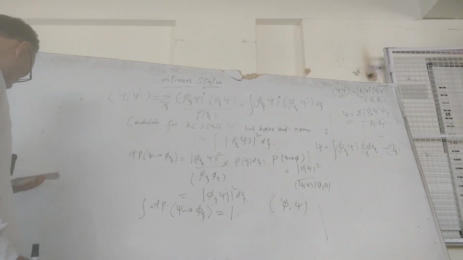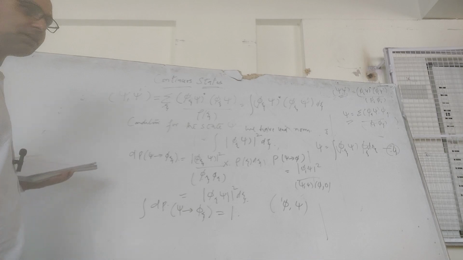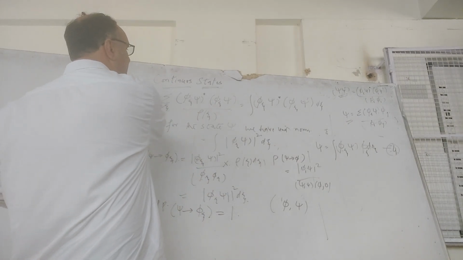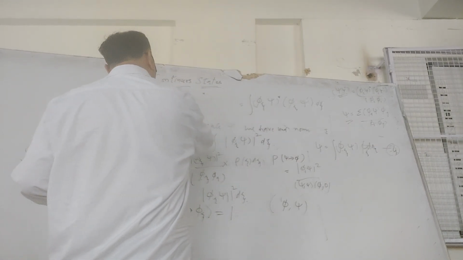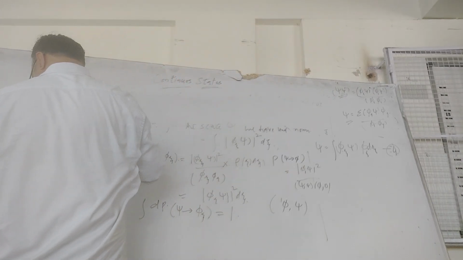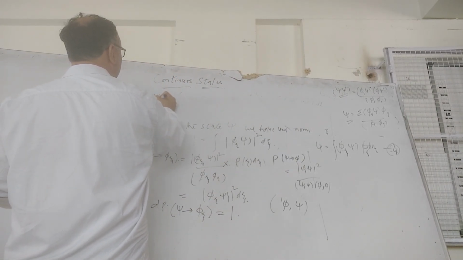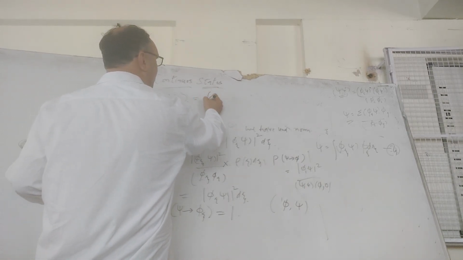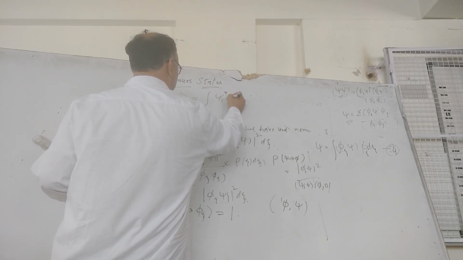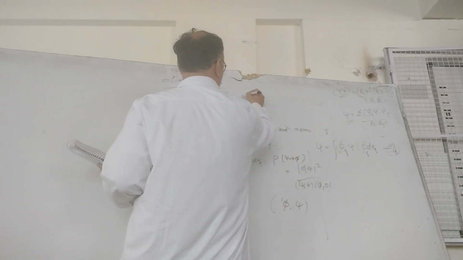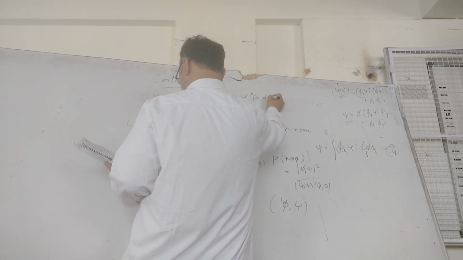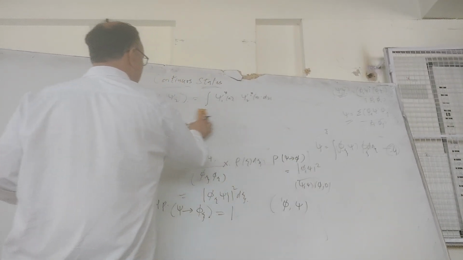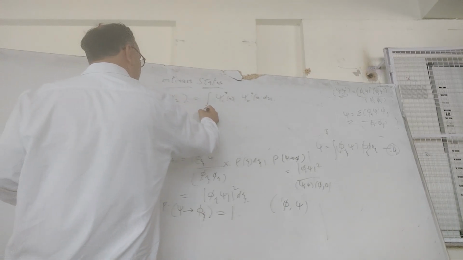So the scalar product of psi 1 and psi 2 can be written as the integral of psi 1 star x psi 2 x dx. In particular, if psi 1 is equal to psi 2, then psi square x is equal to